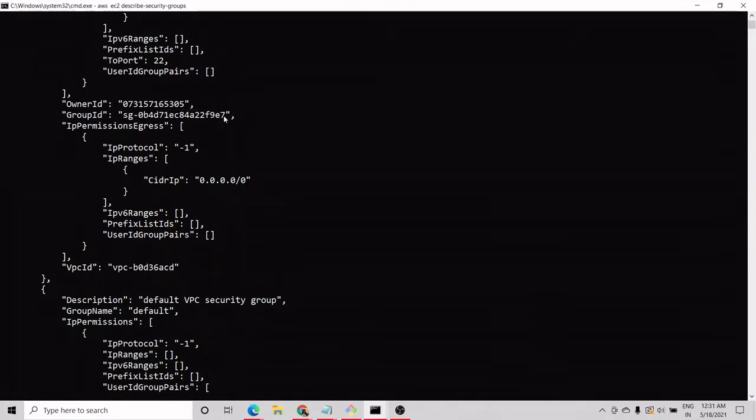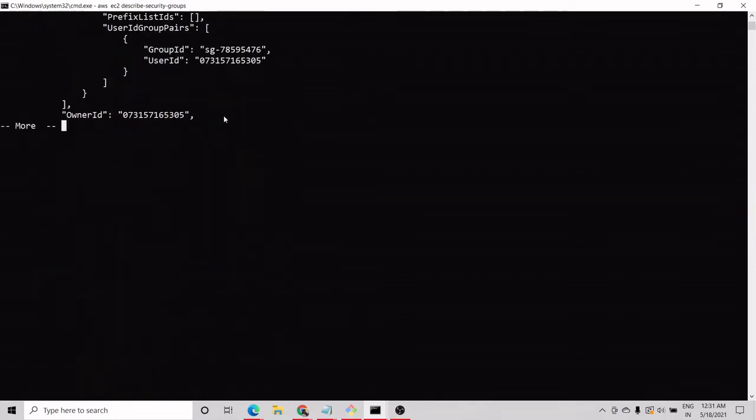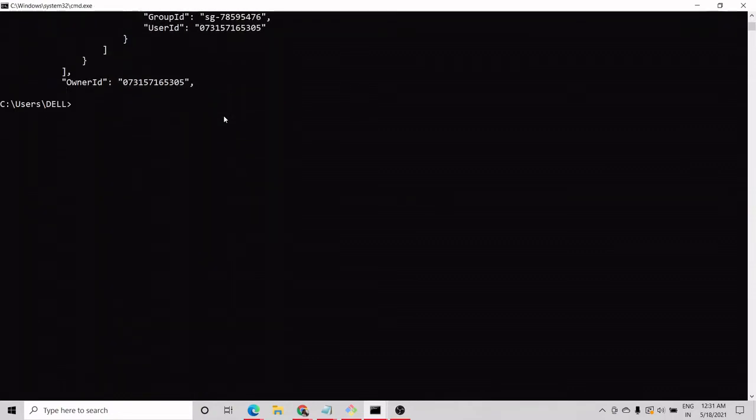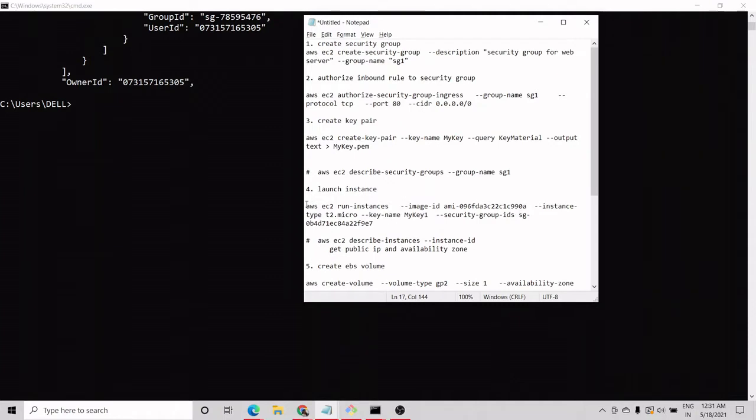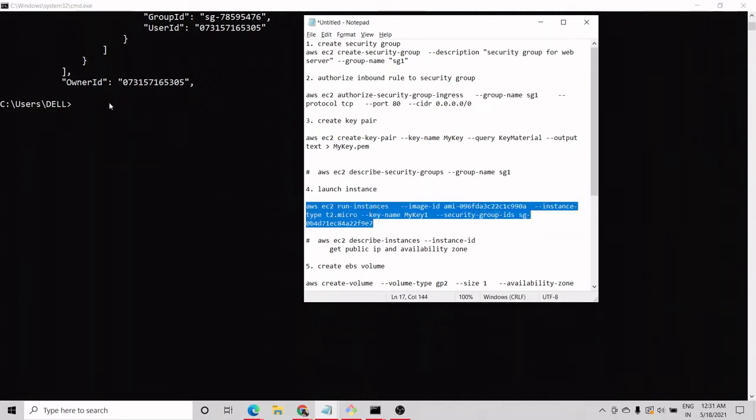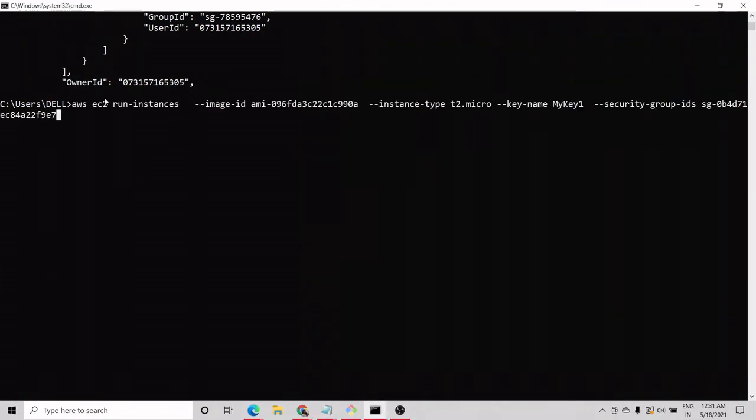We'll just copy it, and from this we will launch the instance. This is the command to launch the instance, and this is the security group ID. So we'll just copy this and paste it here. It will launch an instance for me.